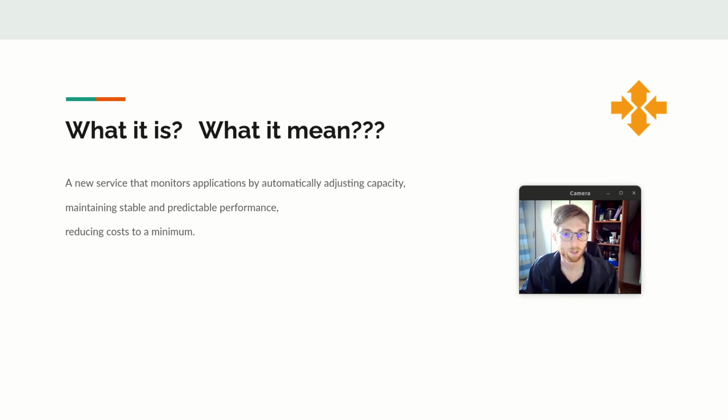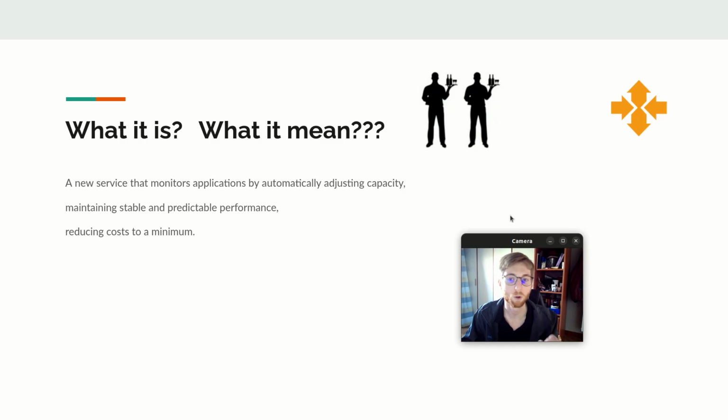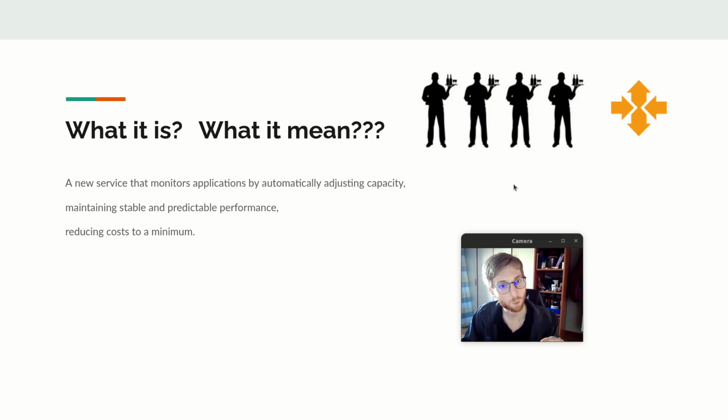What does it mean? An easy way to explain it, let's make an example. Imagine you are a restaurant manager and you know that at certain times, for example Saturday evening, a lot of people want to come to your restaurant, and you don't have enough waitresses for that. With this service, you can automatically scale up the number of your waitresses from 2 to 3 to 4, and then pay them just for how much time they work,